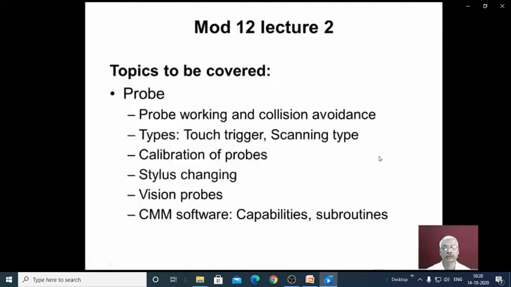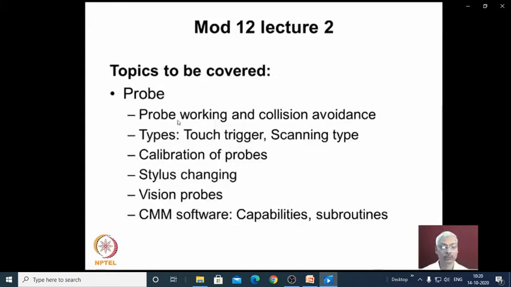Now let us start the lecture number 2 in module 12 under the advanced metrology topic. In this lecture, we will be discussing the different types of CMM probes.